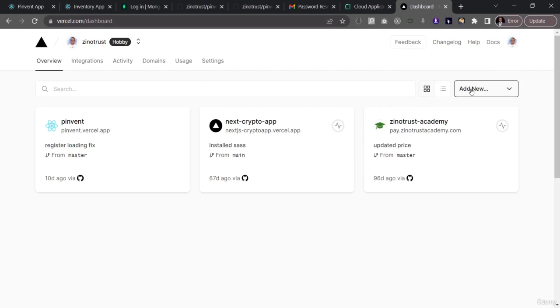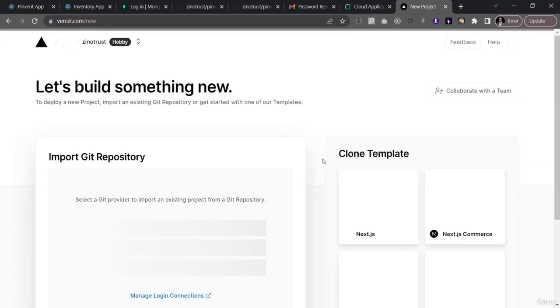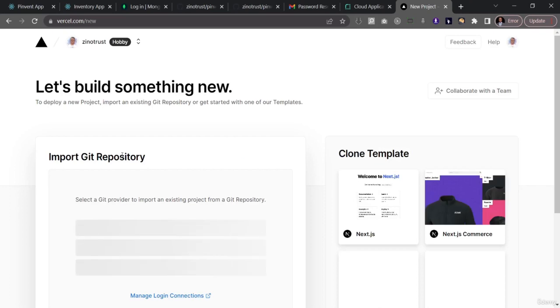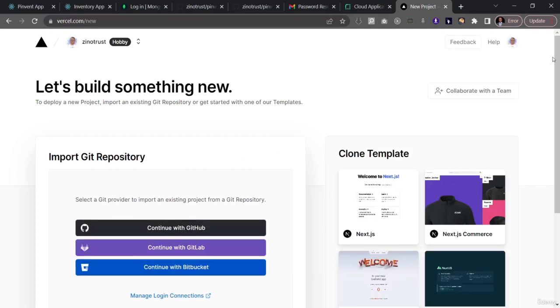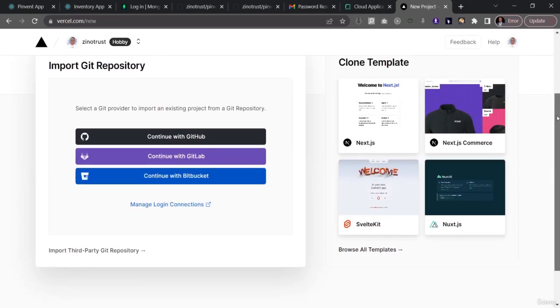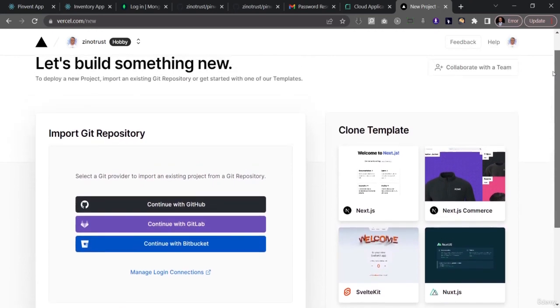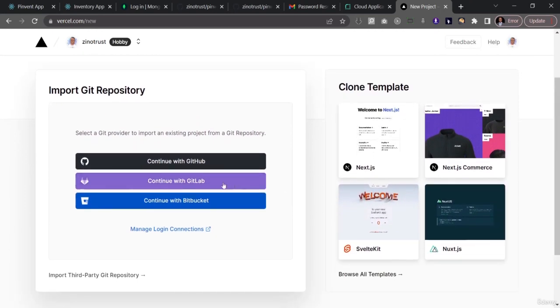So I'm just going to click on add new. Let me see. I'll click on add new, and I guess it's to add a new project. Okay, so it's telling me to import a Git repository. I should be logged into GitHub, but I don't know why it's behaving as if I'm not logged in. So let me just say continue with GitHub,